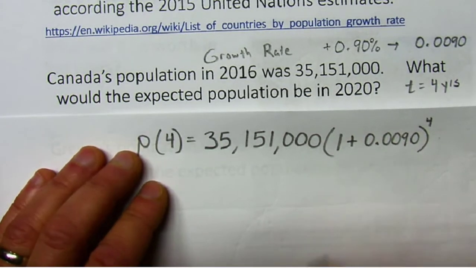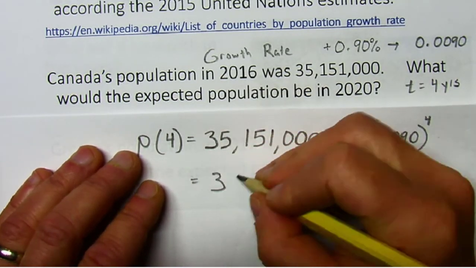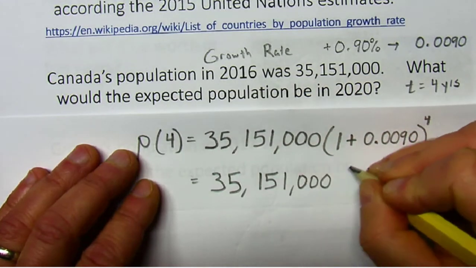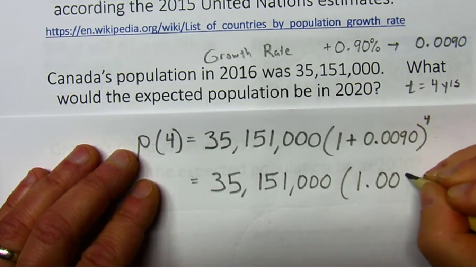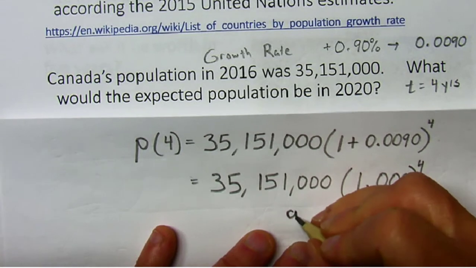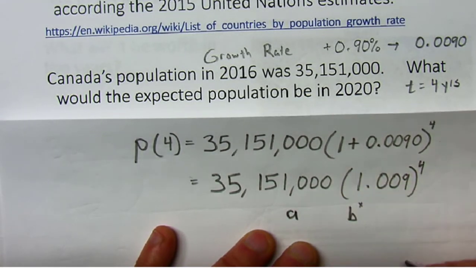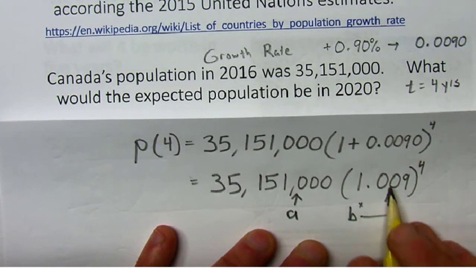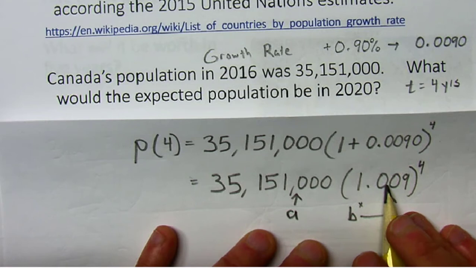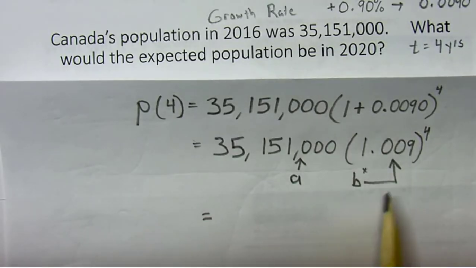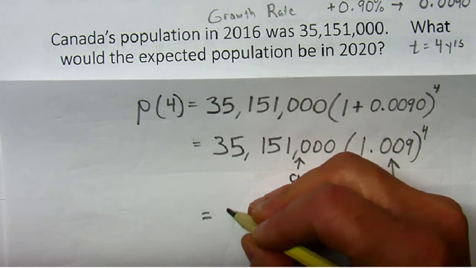So we can combine these values inside the parentheses. That's 35,151,000 times 1.009 to the 4th power. And here again, you can see that exponential growth model, a times b to the x. Our a value is what we're starting at. Our b value is our growth factor. It's a little bit bigger than 1, which means this population is growing a little bit. And you should type that into your calculator. 1.009 to the 4th power times 35,151,000, and you should get